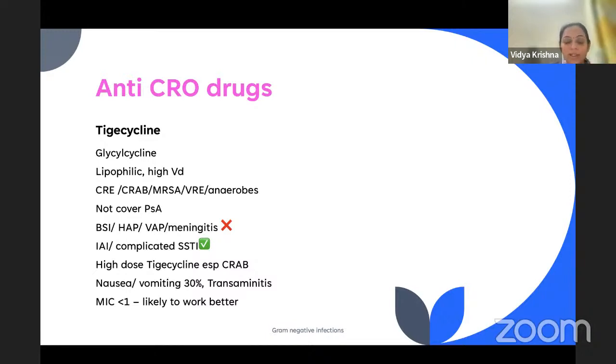Again, there is no guideline for high dose TG in children, but probably you would use the highest possible dose. In adults, it is double the recommended dose. Nausea and vomiting is a very important side effect. And again, when you're using TG, remember that you have to look at the MIC. If the MIC is less than 1, it's more likely to work. If it's more than 1, then you will have to think whether you want to use it in combination or you want to look